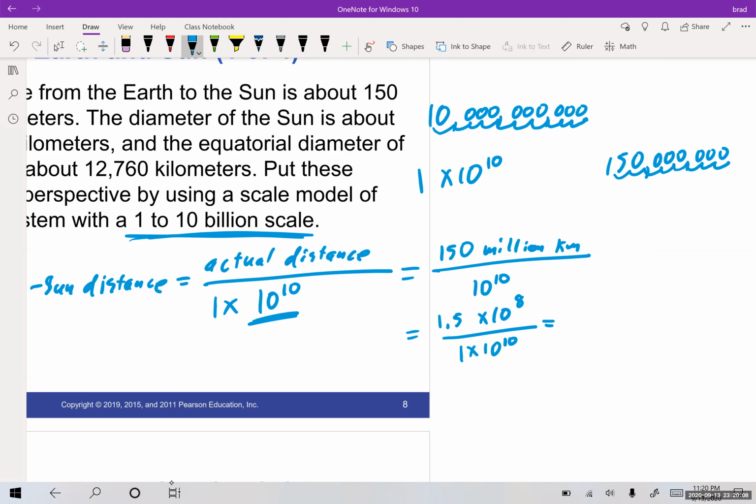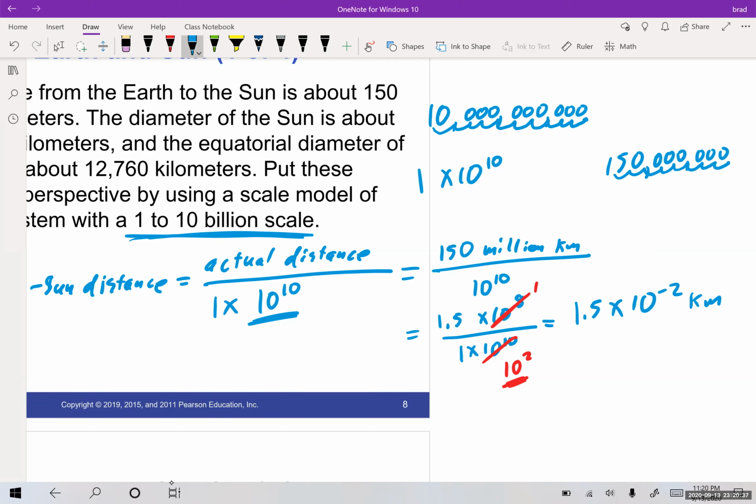So remember we talked about this. This would be 1.5 times 10. Now, who's bigger? The bottom is bigger by how many? 10 to the 2. But whenever it's in the denominator, that means it's a negative exponent now, right? So this is completely gone. It becomes 1, and this becomes 10 to the 2, okay? So now we have 1.5 times 10 to the negative 2, and this would be kilometers,